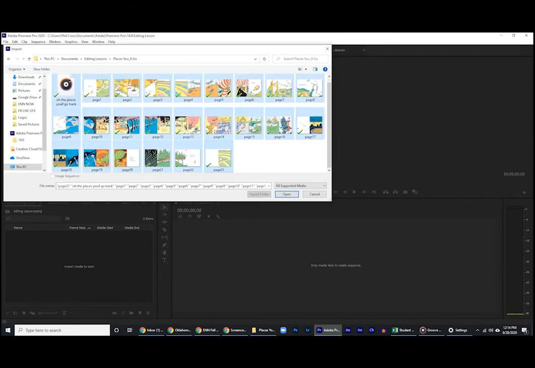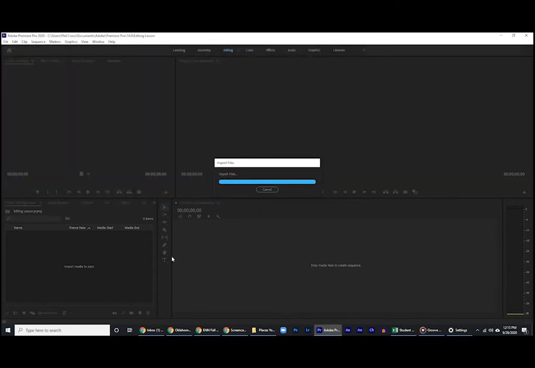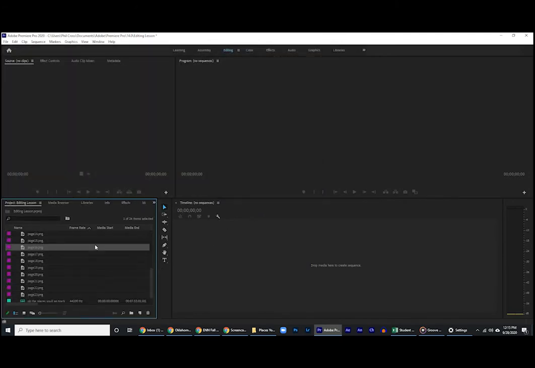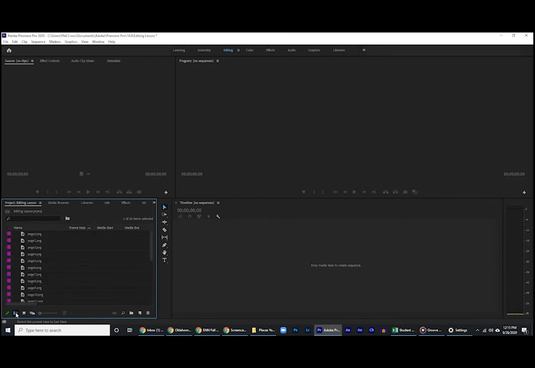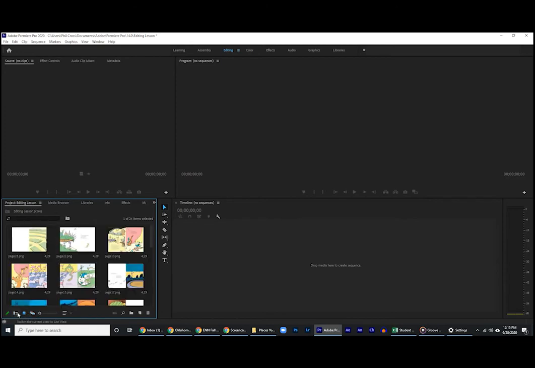Once all those files are inside Premiere, you can choose how they look. Now this is entirely up to you. If you like seeing a thumbnail of your video clips, do that. If your files are labeled so you know that's exactly the way you want them, maybe List View will work for you. Again, entirely up to you.